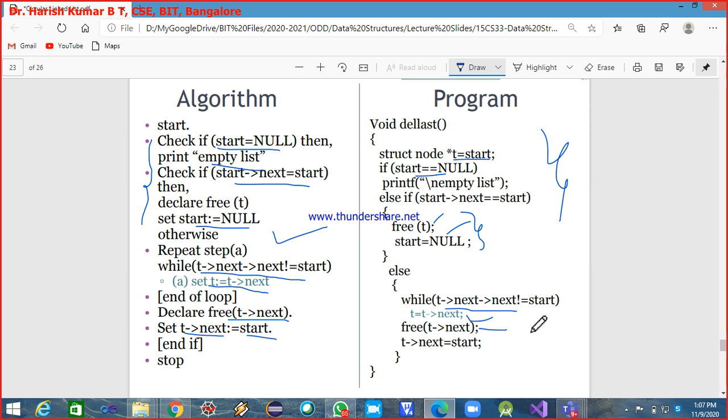So write it and share it in the chat group, in the MS Teams chat box.